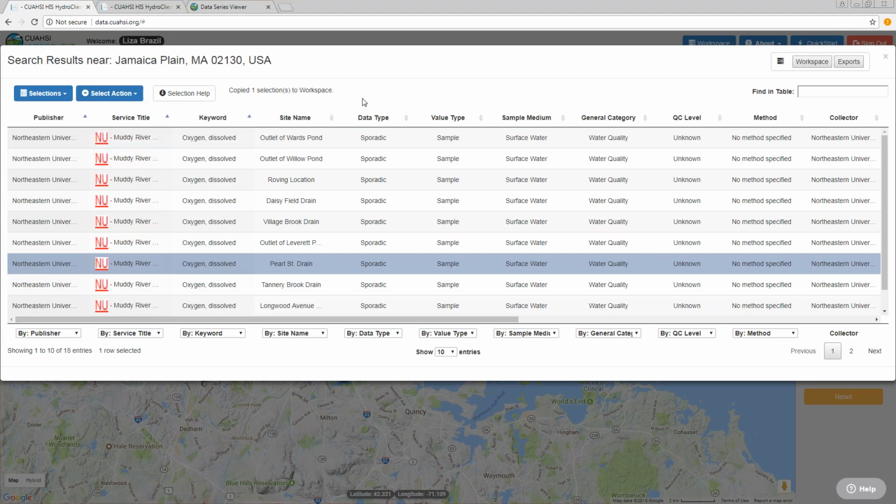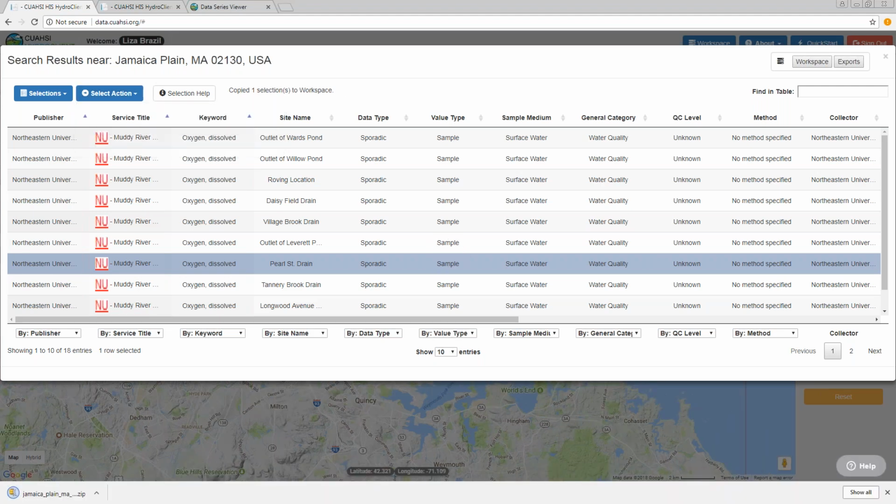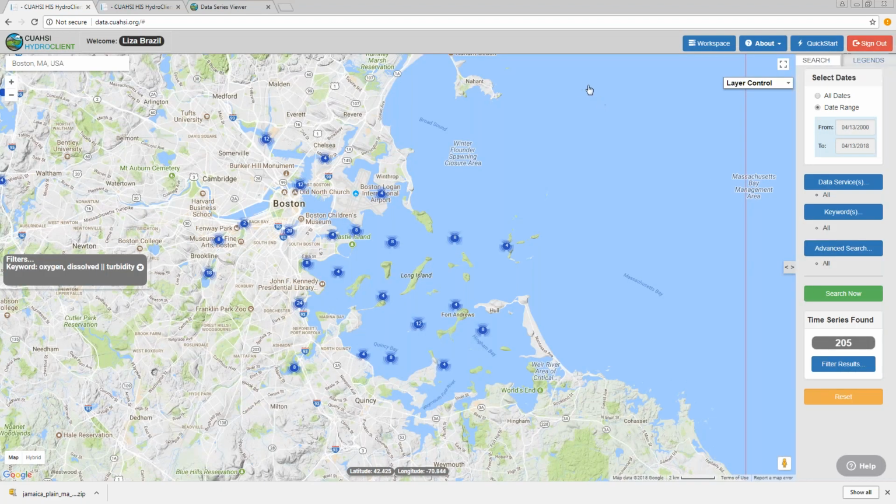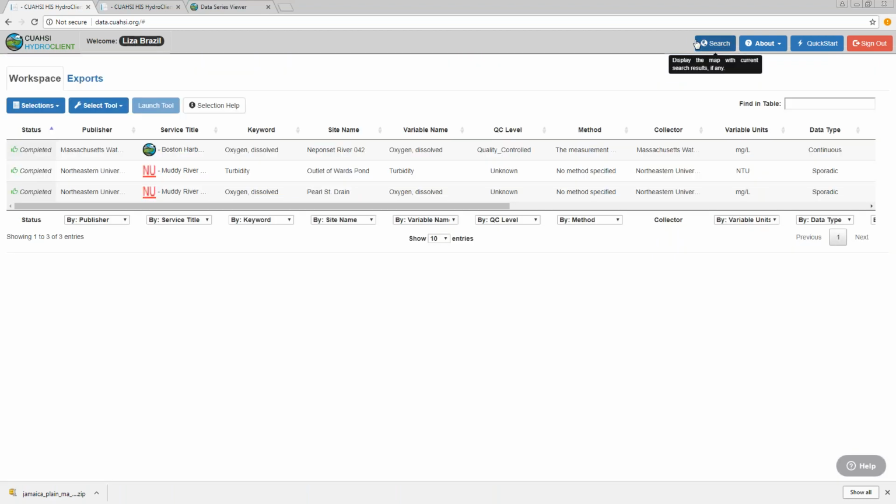My workspace is kind of like, if you think about your library, it's where you can save data. If you sign in with your Google account, which you can see I have, then the data gets saved to your workspace beyond that browsing session. So if you want to save some dissolved oxygen today and then look at it in three weeks, you can just go back to your workspace and find that data and look at it there. It's just a nice way to save some data. And you'll see there are two other things in my workspace because earlier today I was playing around and I saved some data there.